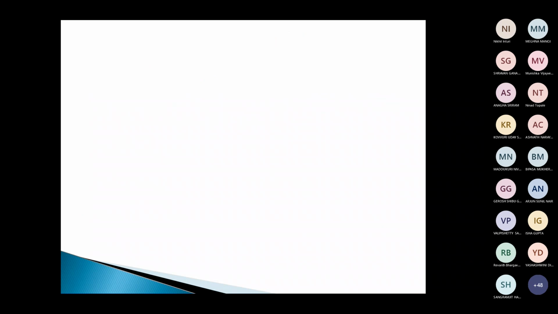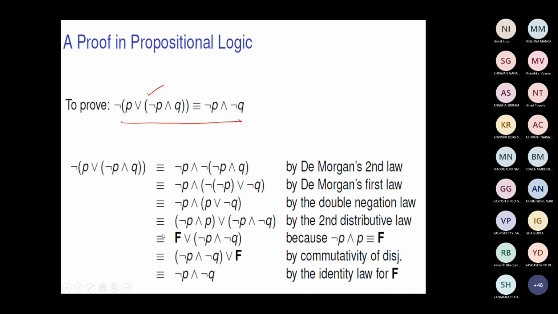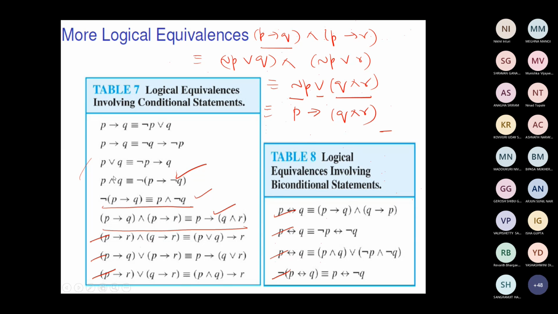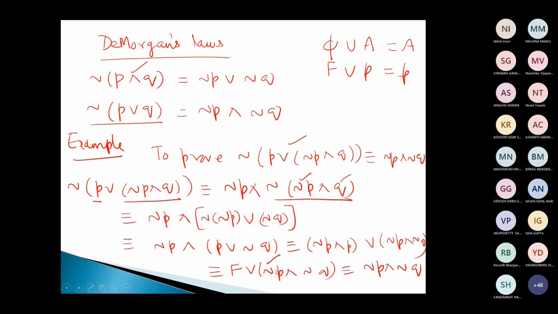Ma'am, can you go to the previous slide? Right before the last step, what law did you use, ma'am? What is not P or P? I think some law is there, I forgot the name. P or not P is true. Negation? No, true or anything is always true, the dominant law. Actually no, right before that step, ma'am. Can you go to the previous slide? I'll go to that. Maybe I might have seen wrongly.